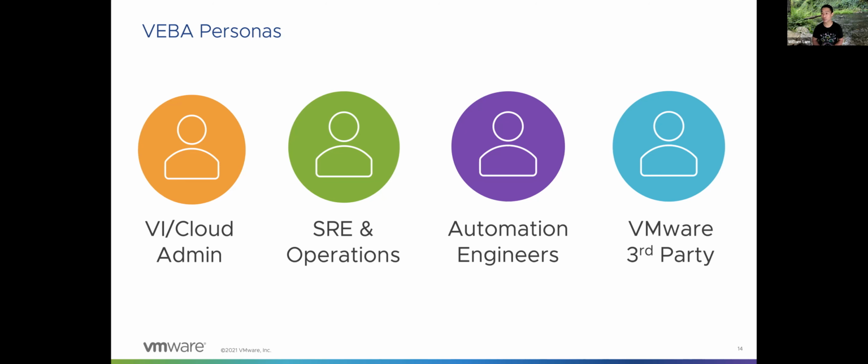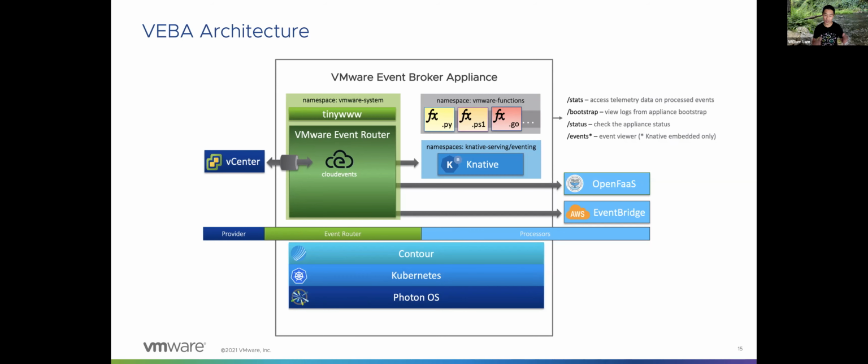So I'm going to dive into the architecture a little bit, and then we'll jump into an example and show you what this looks like. Inside this box, today, like I mentioned, the VMware Event Broker is provided as an appliance form factor, but you can also deploy it as a Kubernetes-based application. The appliance form factor just makes it very easy to get started, especially for those familiar with vSphere-based infrastructure. You just download it, set up networking, and connect it to your vCenter server. We only need a read-only account. That's all you need to get started. In our latest release, we also have a UI component, and I'll demo that for you to show you how easy it is to deploy the functions that you're interested in.